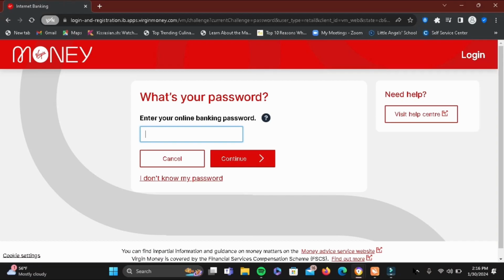Then once you do that, you'll be able to log into your Virgin Money credit card and your Virgin Money